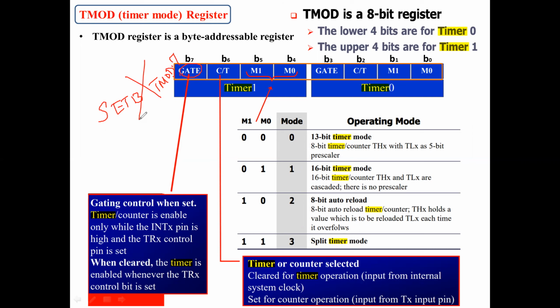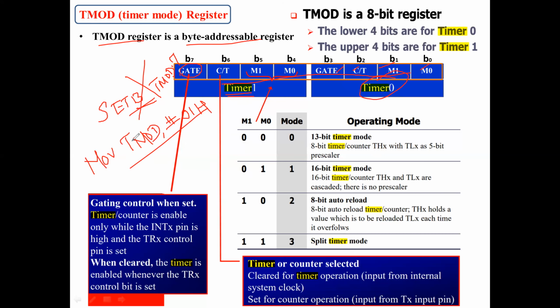No, it is not possible. This is what bit addressable, but this register is byte addressable, which means you have to use the move instruction, that is MOV TMOD, comma, and the value you should load here. If you are using timer 0, then you can replace the higher nibble with 0 and select certain bits here, so that based on those bits you can place the value here in hex form, 1 or 2 or whatever it may be.